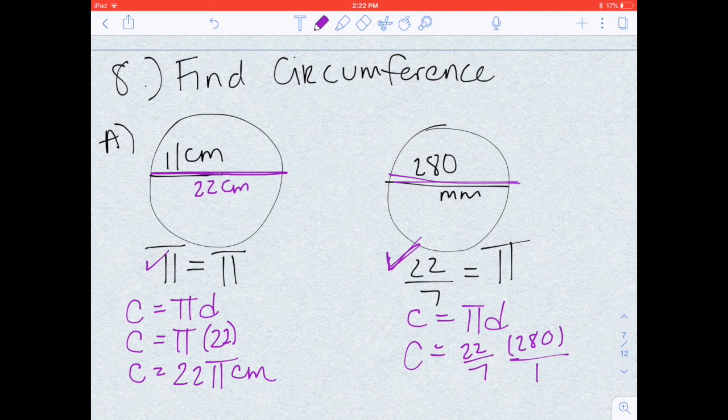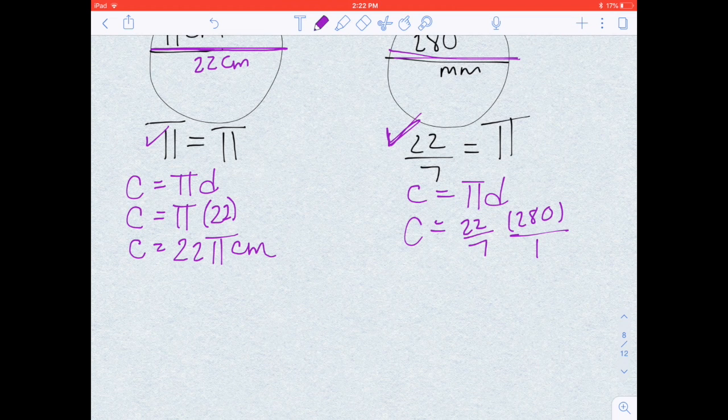And I can just make that into a fraction, which makes it easier to multiply, because I put a 280 over 1, and I can cancel out before I multiply. That becomes a 1, and this becomes a 40. And then I multiply, and that gives me